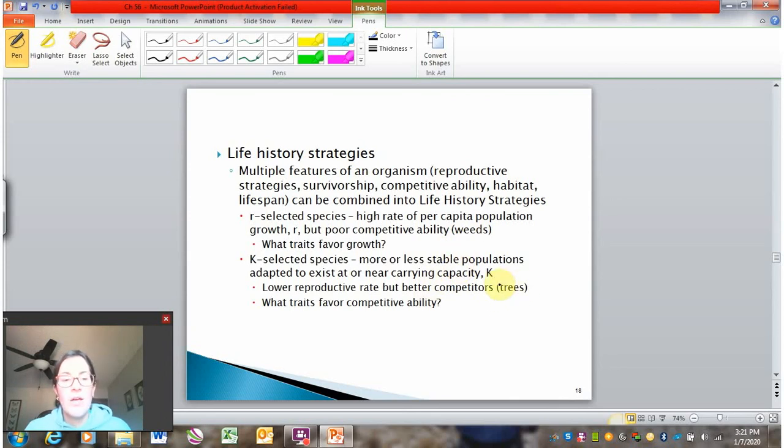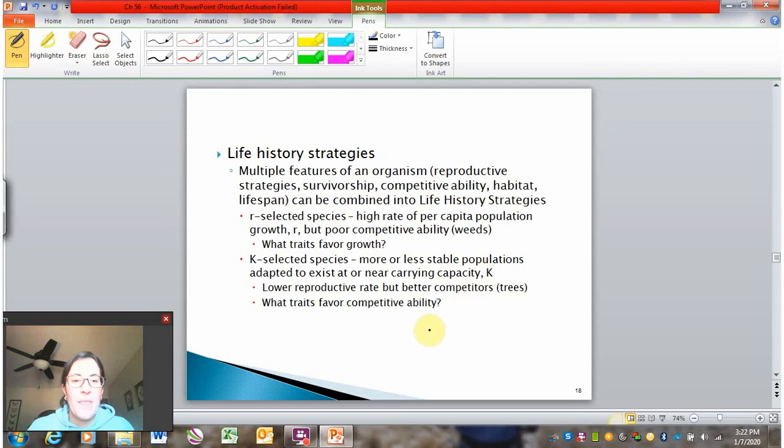Trees are your typical K-selected species. Trees take a long time to reproduce. I mean, many trees don't even make seeds until they're 10 years old, for example. And then their seeds aren't generally that successful. So, like an oak tree might have less than one of its acorns become a baby tree. But it's really good at competition. So it can be sort of at the top of the forest, right, getting light and outcompeting lots of other